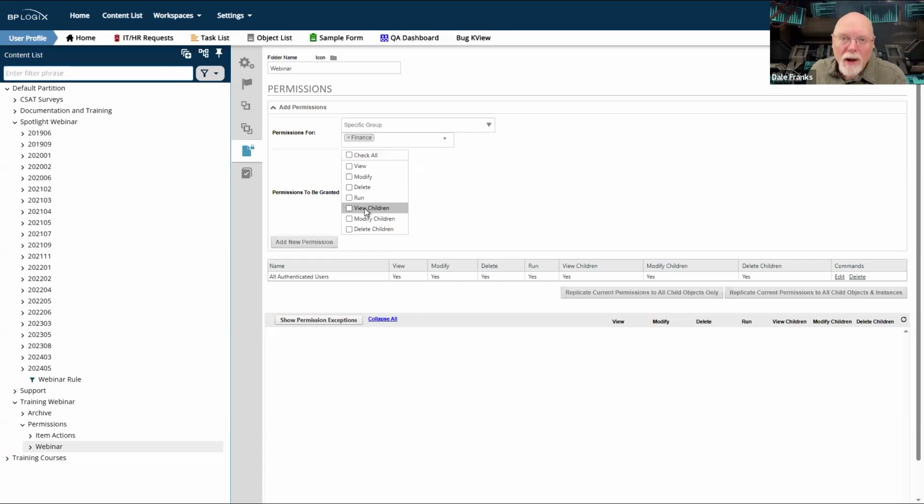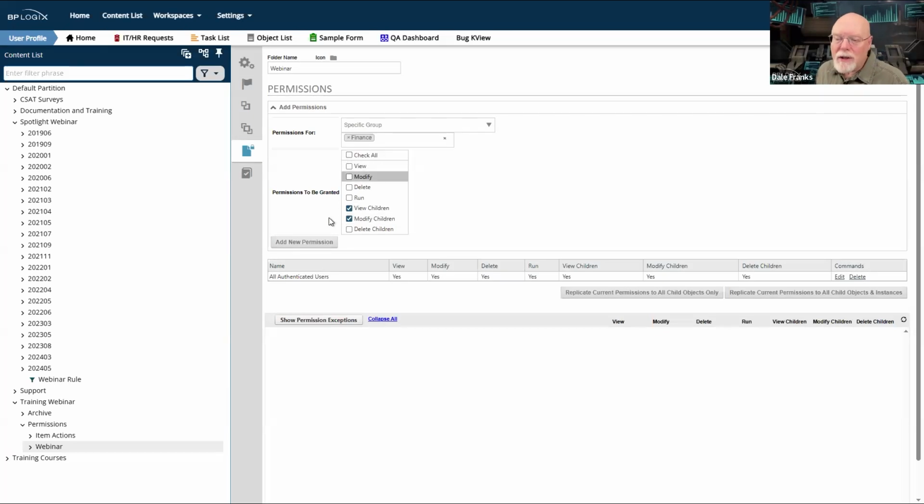Because if you don't, you can't even show them in a knowledge view, because view means exactly what it is. If I don't have view, in this case view children, selected, I can't see it. I'm not allowed to look at it. So view children is kind of an important property to set up so that your users can view the instances that get created.